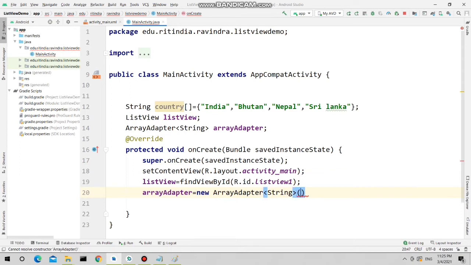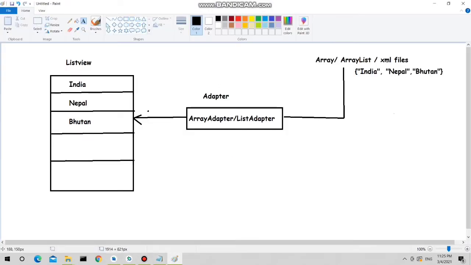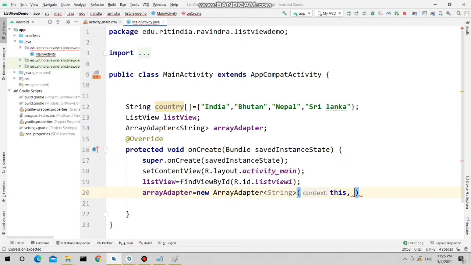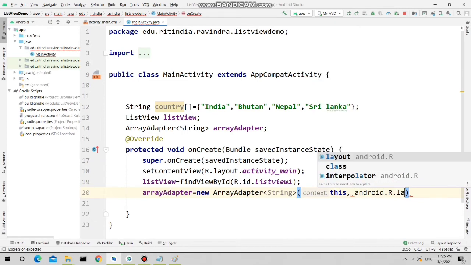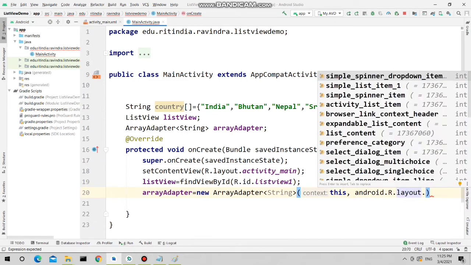The array adapter constructor takes 3 arguments. The first one is the context, and the second one is the layout of your list view, that is how the list view will look. We are using the inbuilt layout, which is present in android.R.layout.